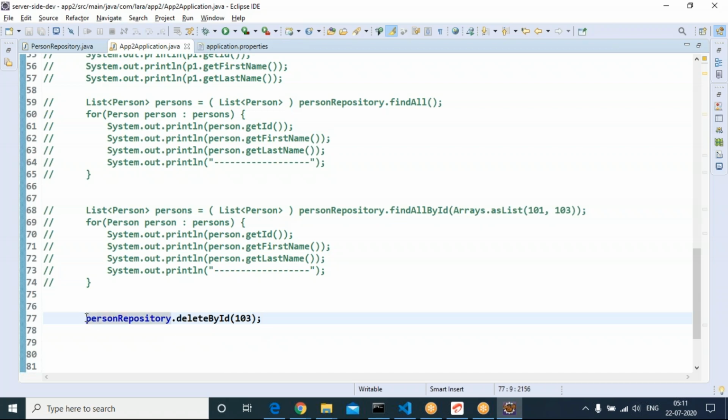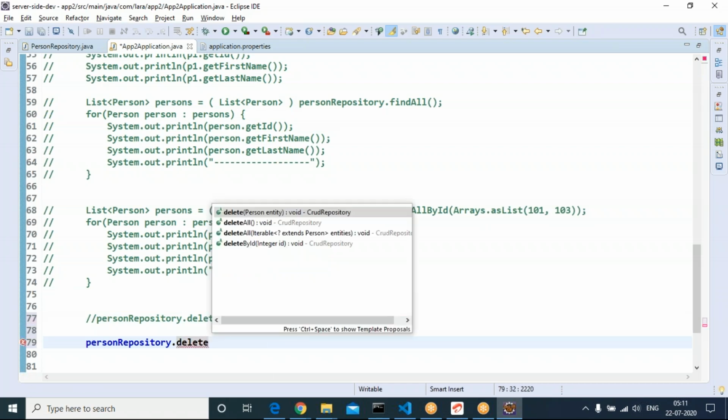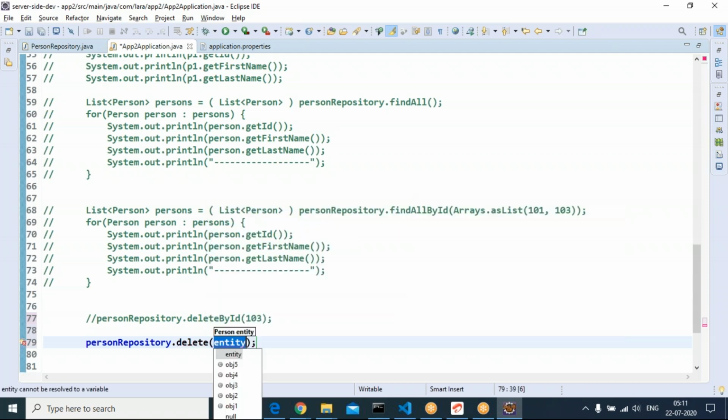This is one way. Let me comment this one. Let us see another way of deleting. Delete supplies a single object.